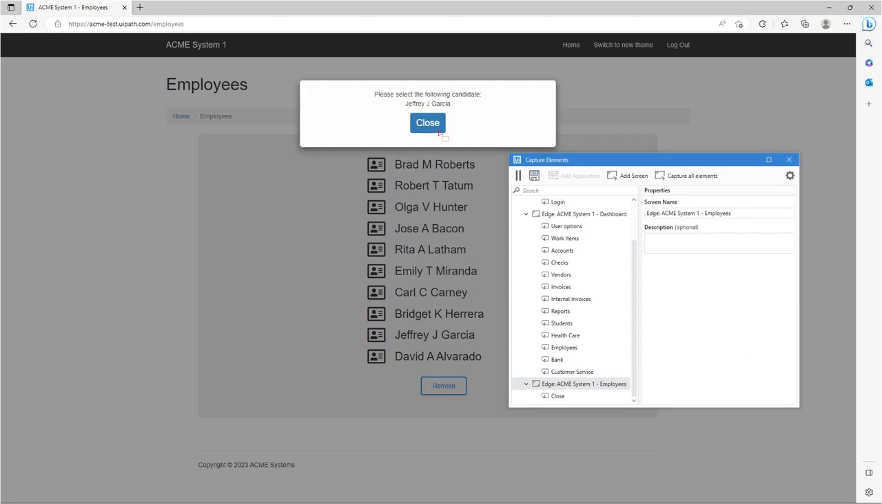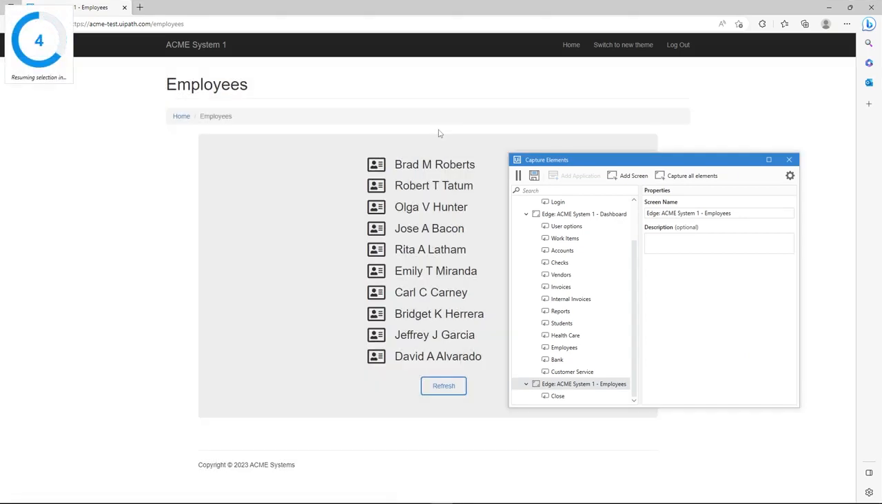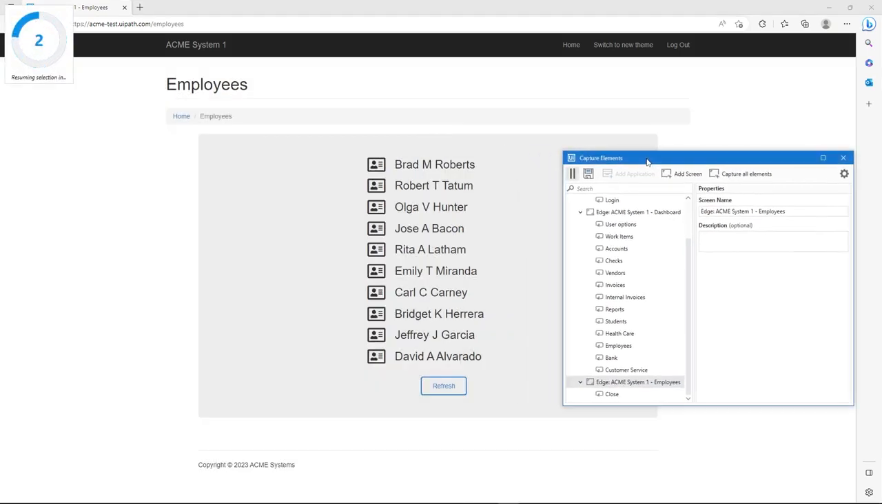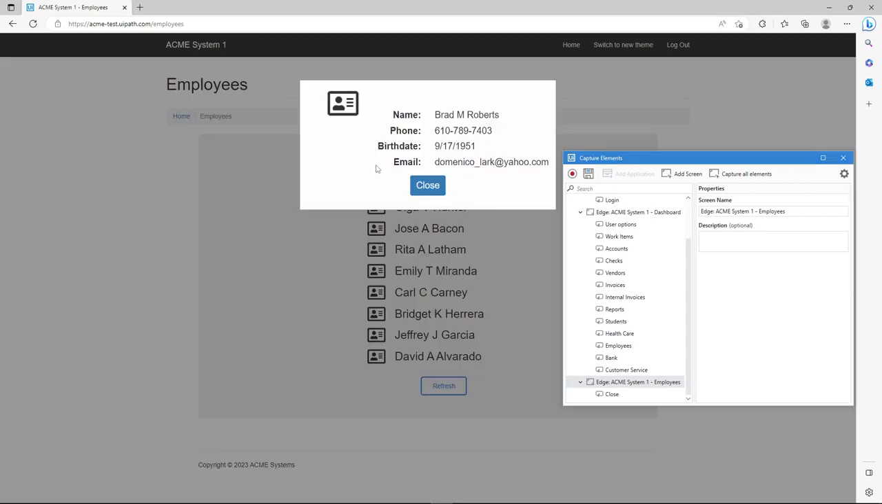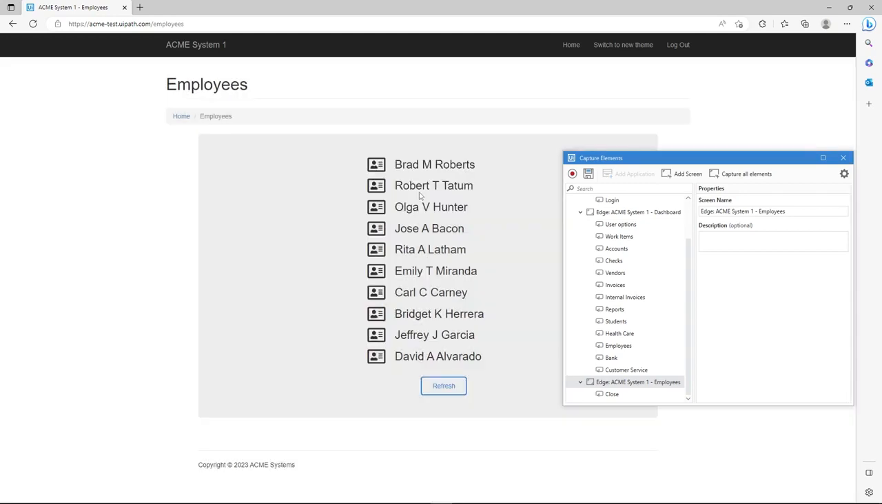We'll pause the recording once again and click the Close button. As part of our process, we need to access the details of the employee shown in the message box by clicking on the icon next to their name. One approach to achieve this is by capturing the descriptors of all employees and then selecting the specific employee shown